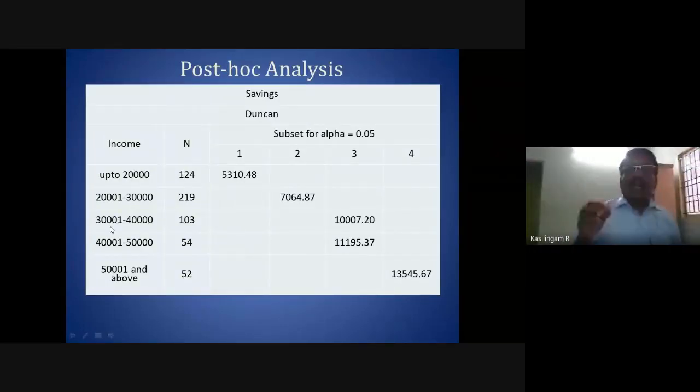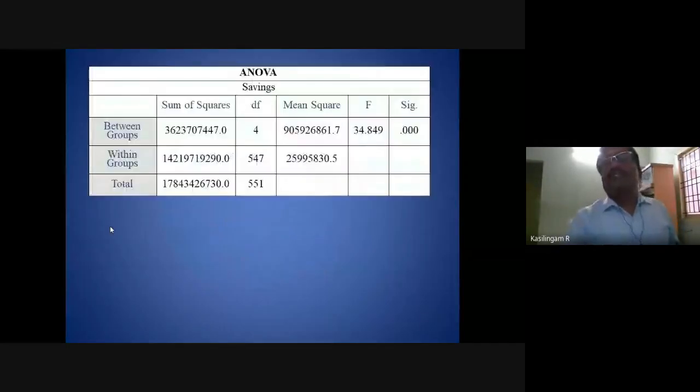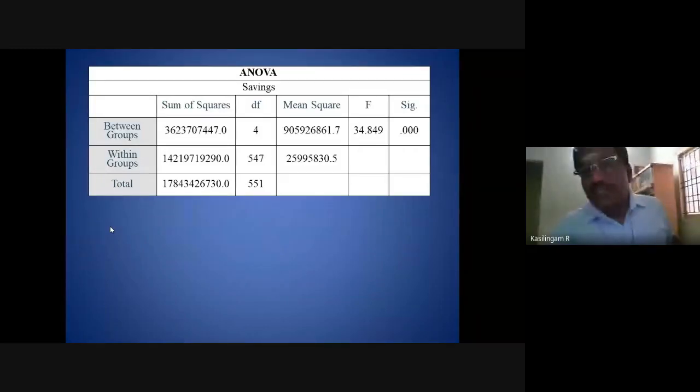Can you see the difference or not? There is a difference. That is why the significance value is 0.00, which means there is a difference.